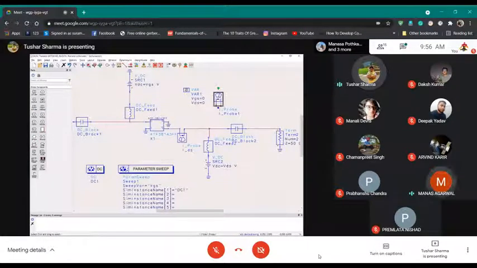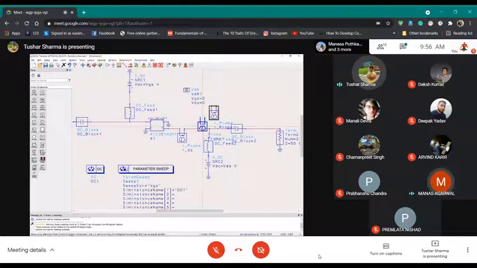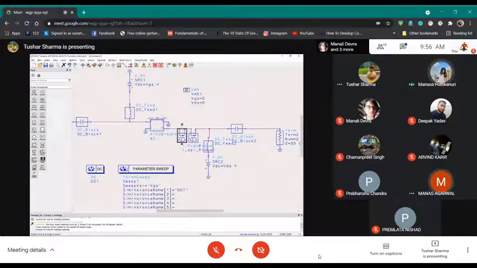Then just rotate it and place it here. Make sure to delete this, otherwise it will show. And name it as IDS. Okay, sir.